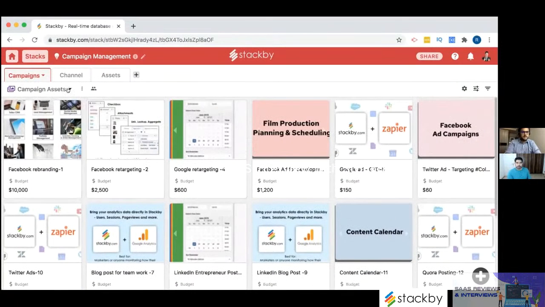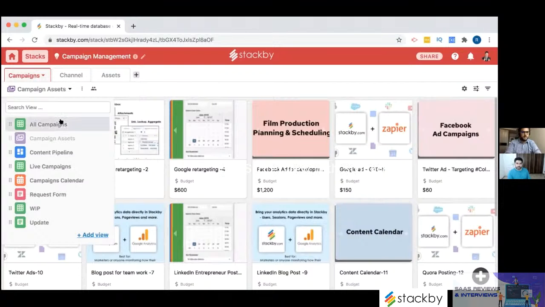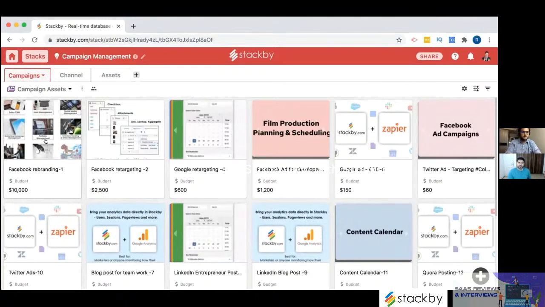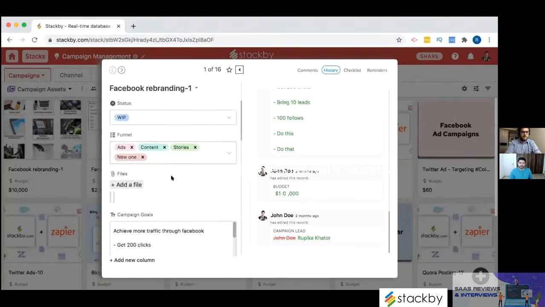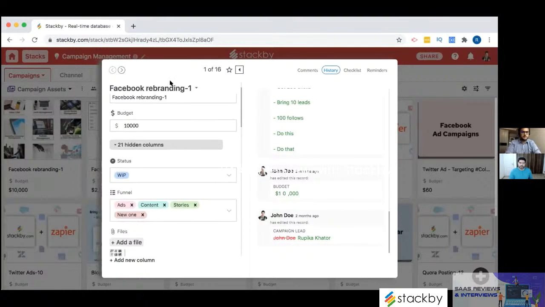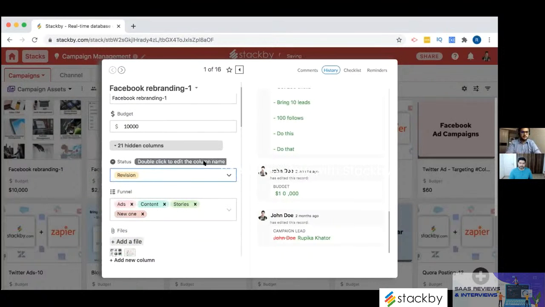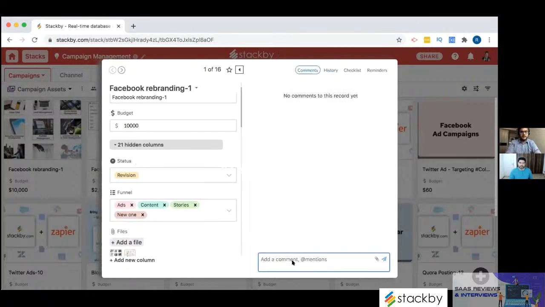Now each of these records is individually openable. If you click on it, I can individually open each of these records, where I can see the same information but in a much more detailed layout, and I can still change the same information. But here I can make it real-time collaborative. So as multiple people are working on it, you can chat with them in real time.